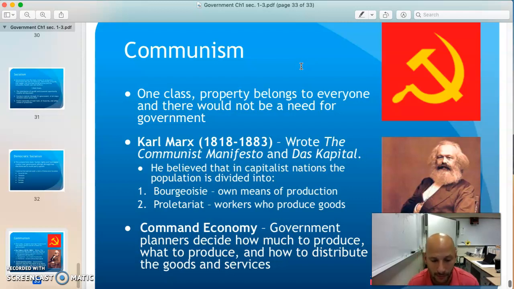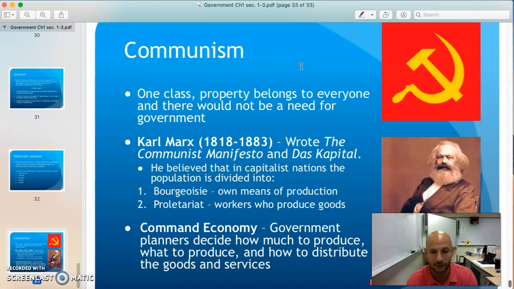Like I said, number one, the bourgeoisie. Make sure you know this for your exam. The bourgeoisie were the big business owners. Think of the bourgeoisie, the big business owners. It kind of sounds like a rich word, doesn't it? So when we think of bourgeoisie, you think of the business owners, the rich business owners that own everything.